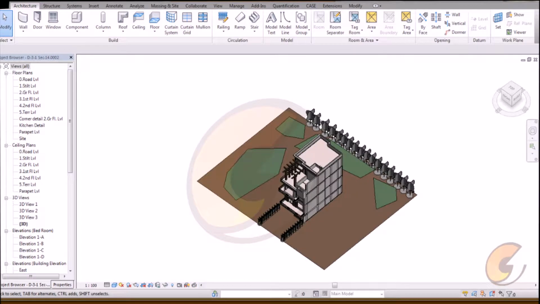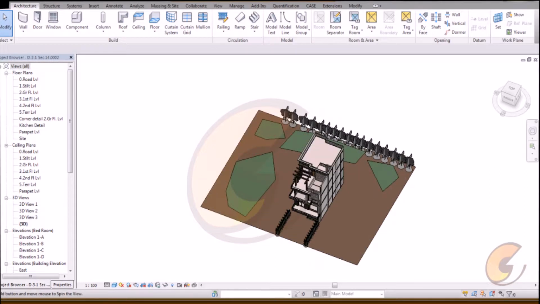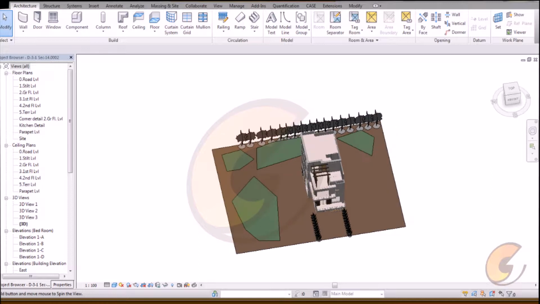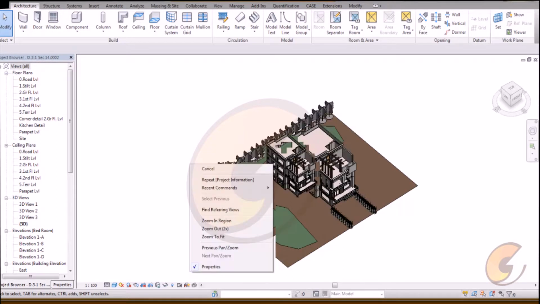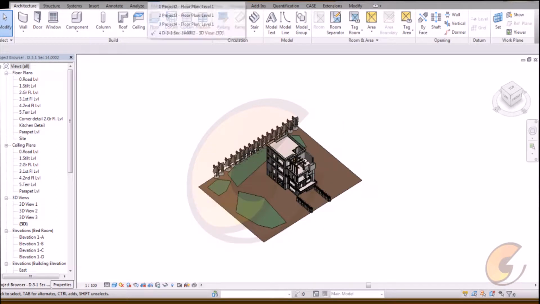After this, we open an existing project. See, this is a residential project which we have already done in our organization. Supposing we want to copy the walls, floor types, the railing types and the other model families which we have used here in our new project template, then how can we do that? Go back to the project file.